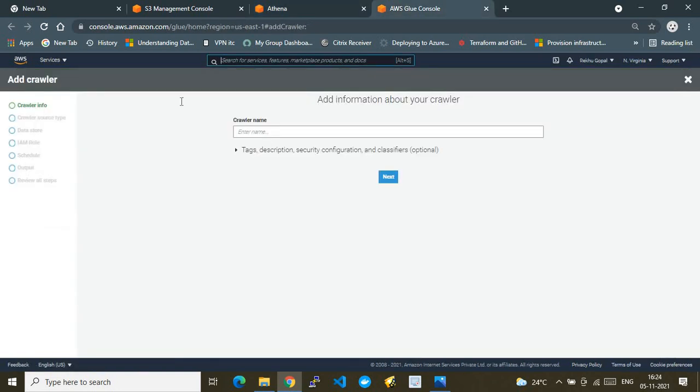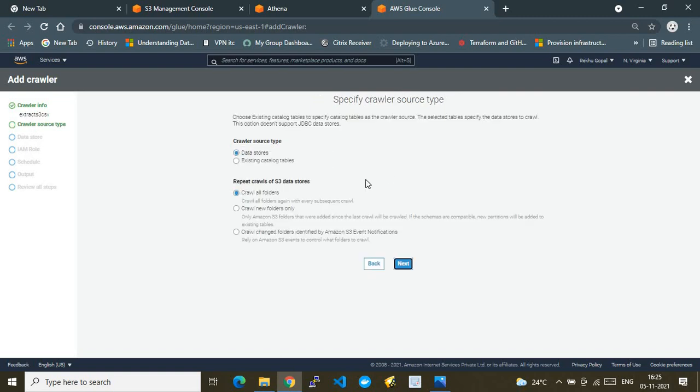It redirects me to the Glue service, and from the Glue service we are going to the add crawler homepage. So this is the add crawler homepage. Here we need to provide all the data that the Glue crawler service needs. Let me give some example name for it. We'll call it extract S3 CSV file. That is the crawler name. And let's go to the next.